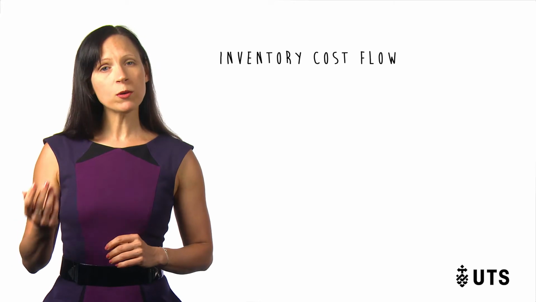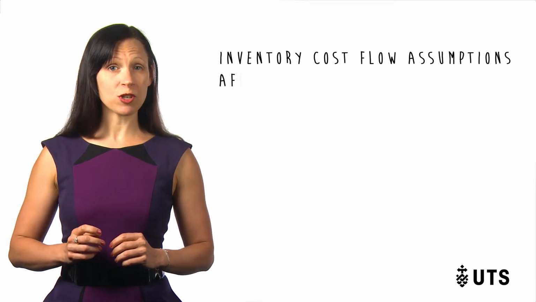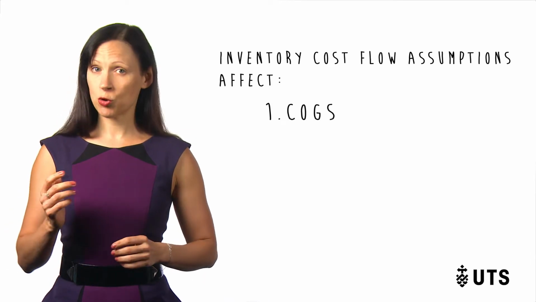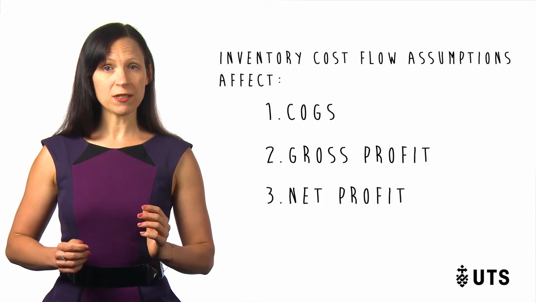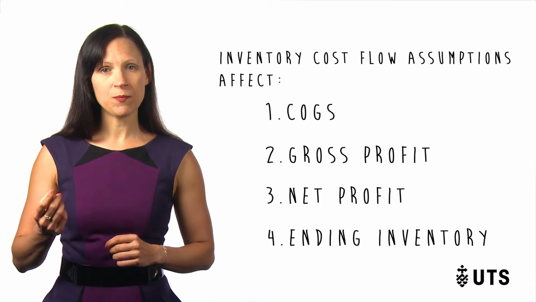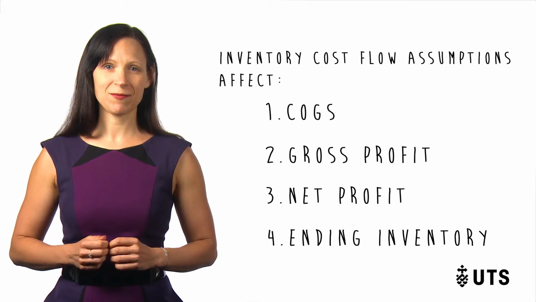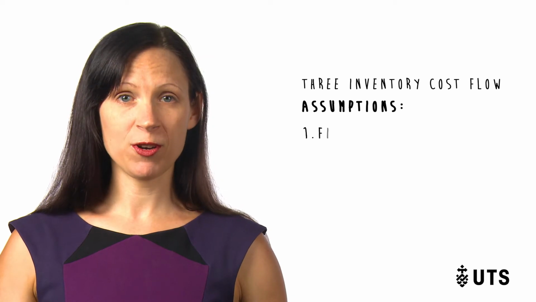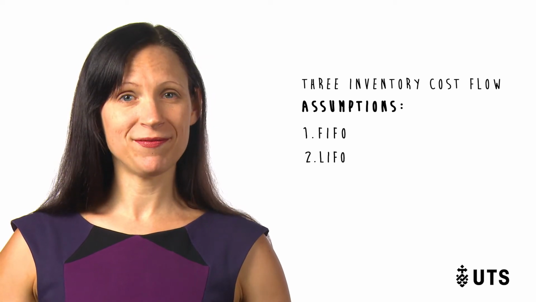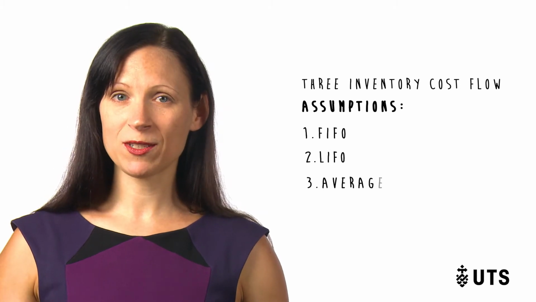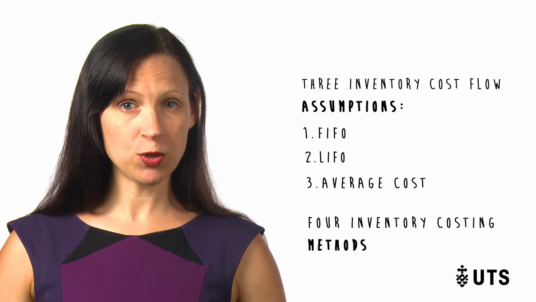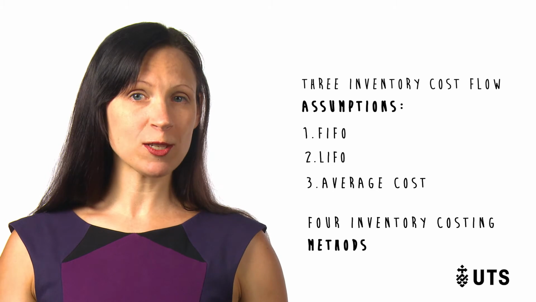But that power also means that just by switching the inventory cost flow assumption, we can change the value of cost of goods sold, gross profit, net profit, and ending inventory reported in the financial statements. Finally, it is important to remember that while there are 3 inventory cost flow assumptions, FIFO, LIFO, and average cost, there are actually 4 inventory costing methods to choose from to value cost of goods sold